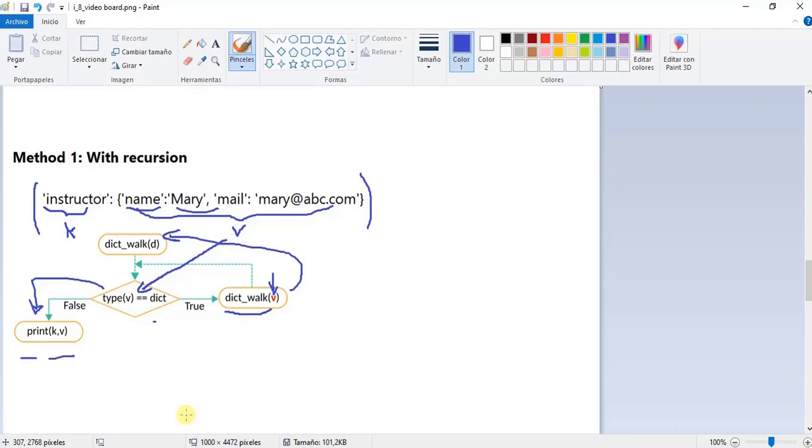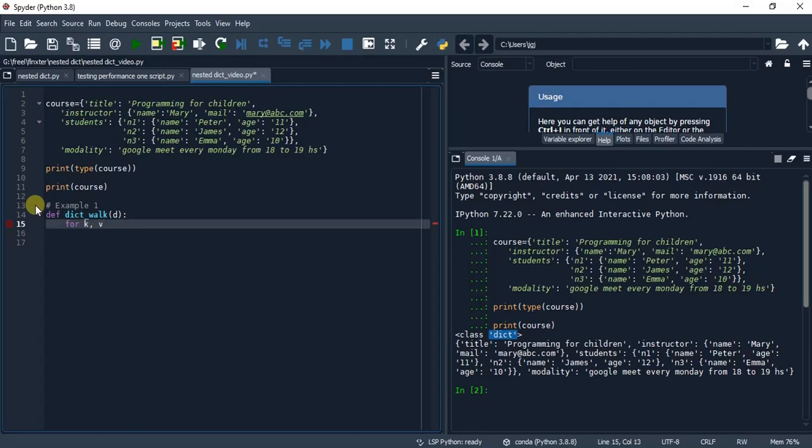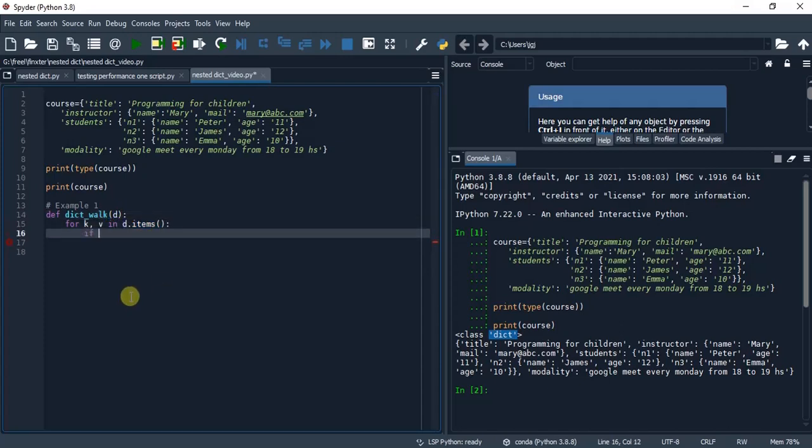Let's implement this in Python. First, the function, let's call it walk, with the argument d. Then we use a for loop to iterate over the list which contains the dictionary's elements. For key and value in d.items(), which returns a list with all the elements of the dictionary d. Now we evaluate if the type